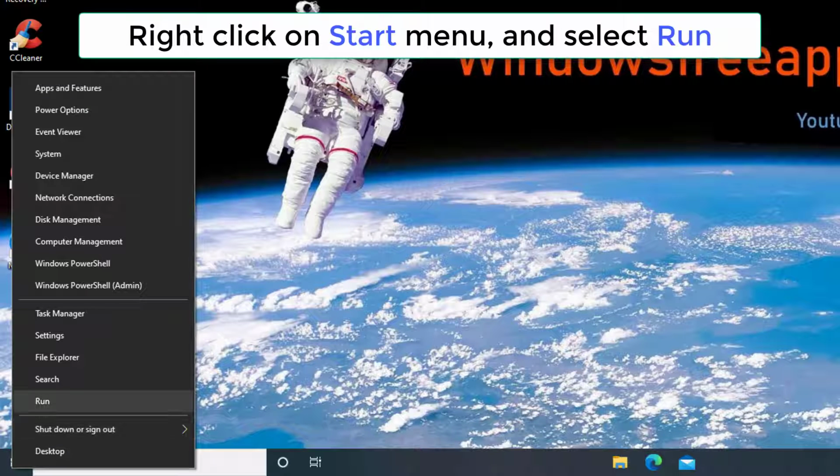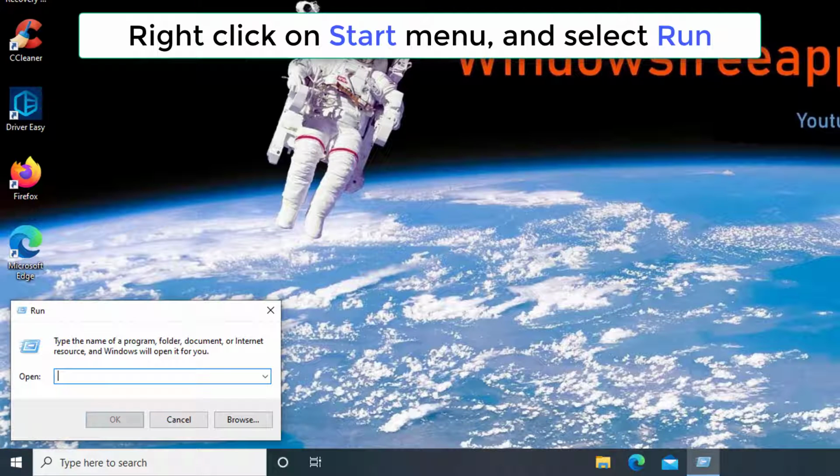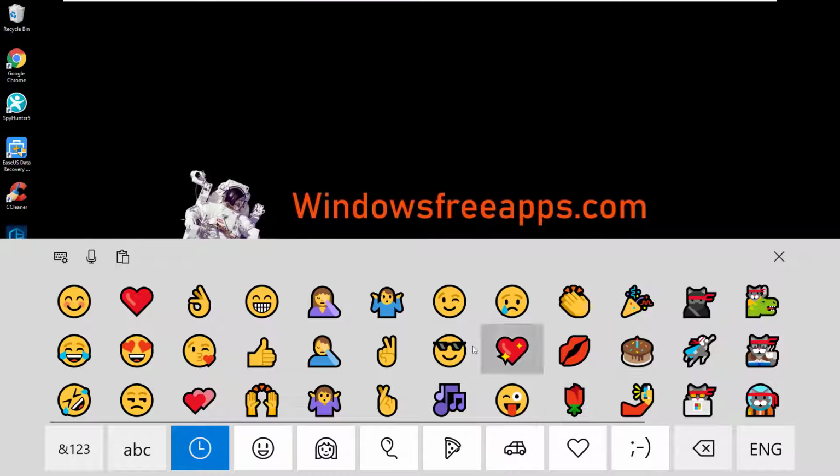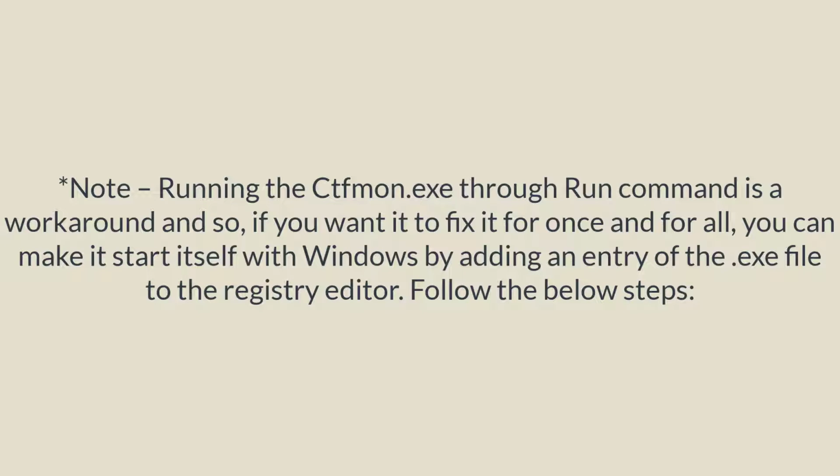Right-click on Start menu, and select Run to launch the Run command window. Copy and paste the below text in the Run command search field and click OK. Now since it has been run manually, you can try opening the Emoji Panel using the keyboard shortcut and it should work. Running the CTFMon.exe through Run command is a workaround, and so, if you wanted to fix it for